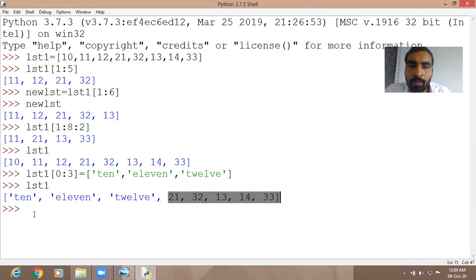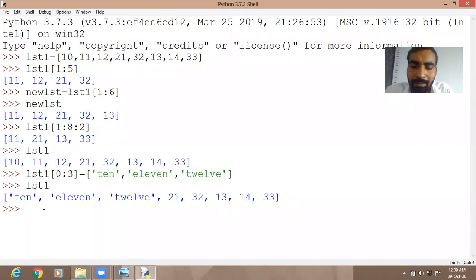Have you understood this? How to change the value? Yes, sir. This is the way we change in the form of a slice. This was the slice method to change two or more values. But if you want to change a single value, suppose you want to change 33, okay, a single value 33. So what will you write?